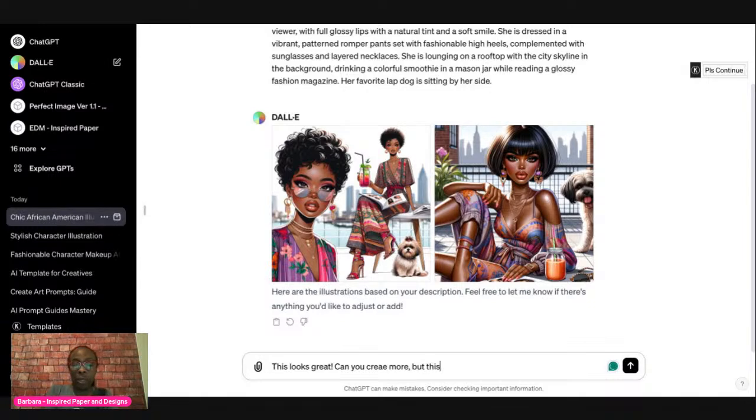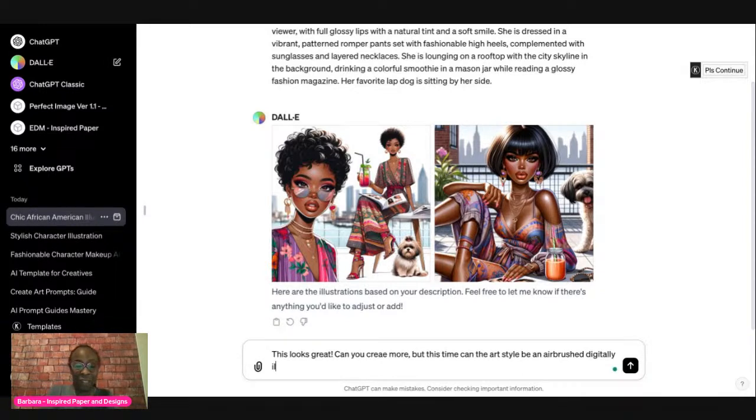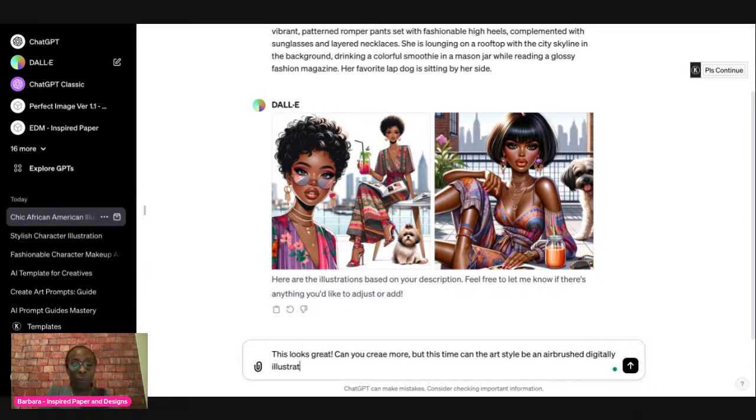But this time, can the art style be an airbrushed, digitally illustrated chibi style